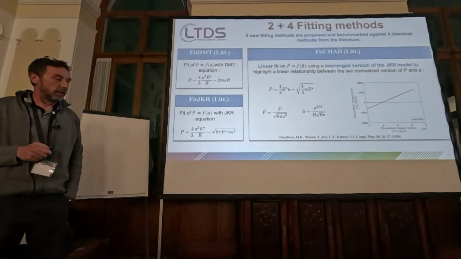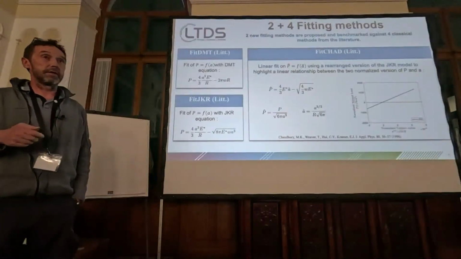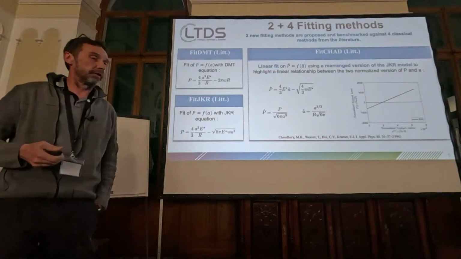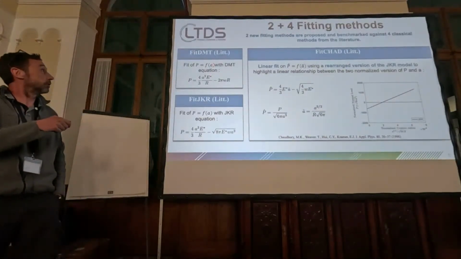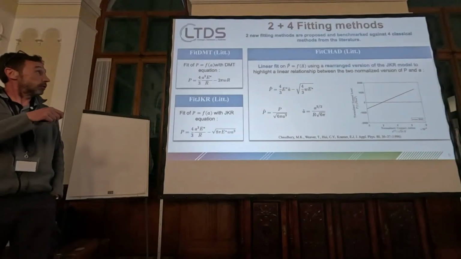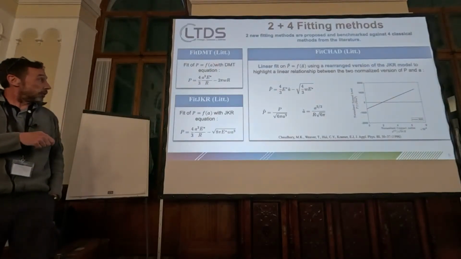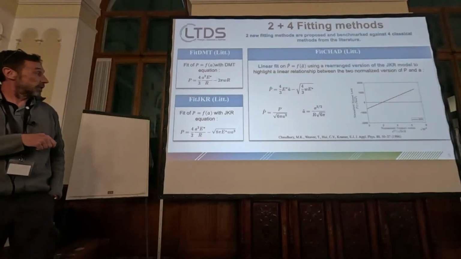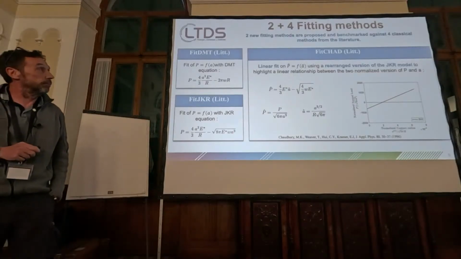I will show you them in a few slides. And we propose to benchmark them against the classical methods you use to extract material parameters from your contact experiment. So first, of course, we use the classical DMT. So we do a fit of data using DMT. We use the same with the JKR equation, which is proposed here, which again also involves the adhesion energy.